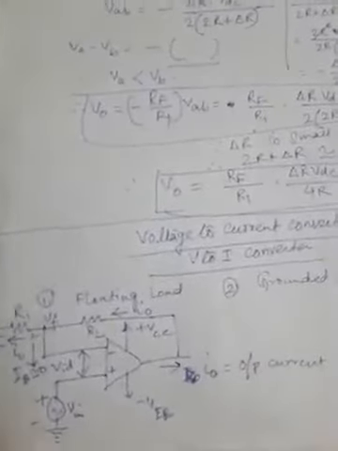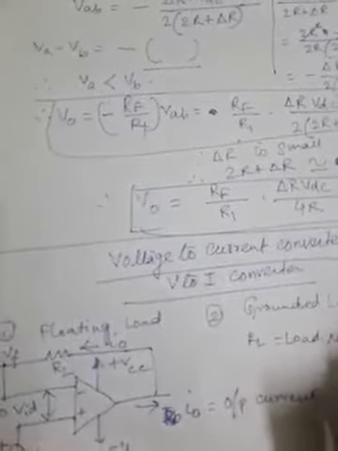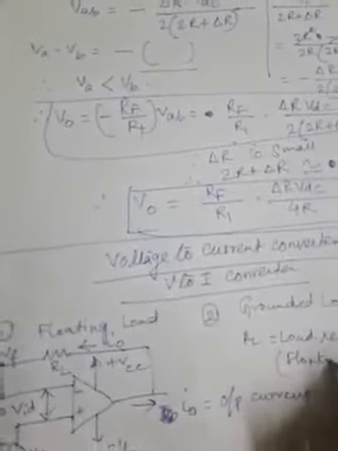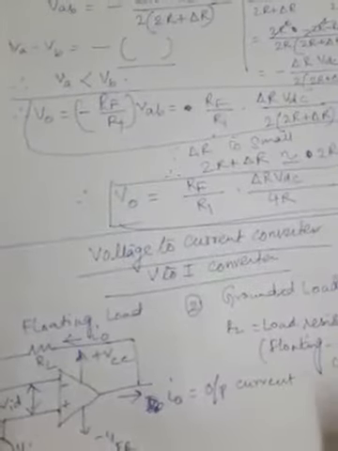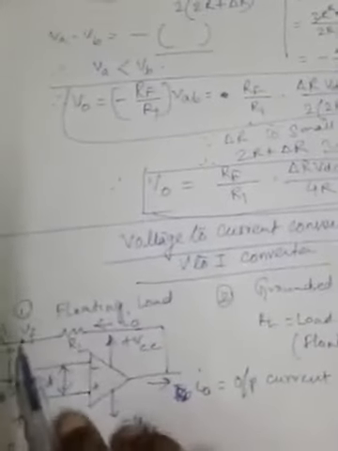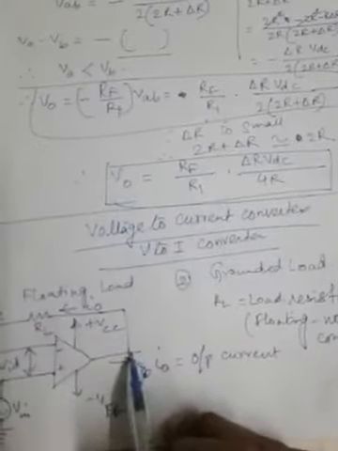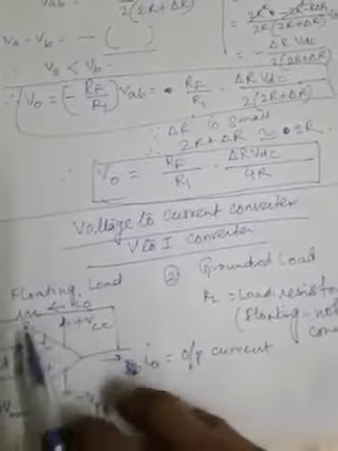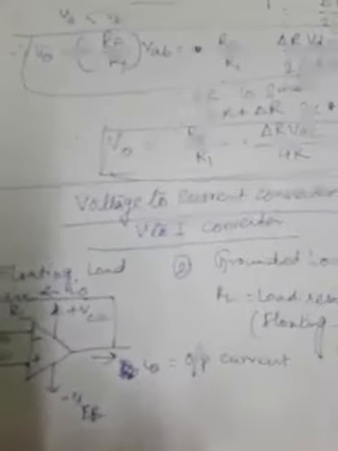Now this is the basic circuit using op amp, the VI converter, in which RL is called the load resistor, which is a floating load, and the meaning of floating load is that the load resistor is floating. Floating means it is not connected to ground. As you can understand from the figure, it is connected between the node having voltage VF and the output voltage VO. It is connected between these two nodes. So neither end of RL is connected with the ground, hence it is called floating load.